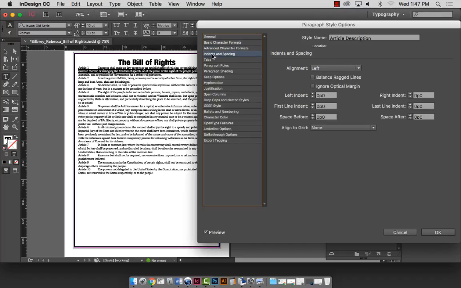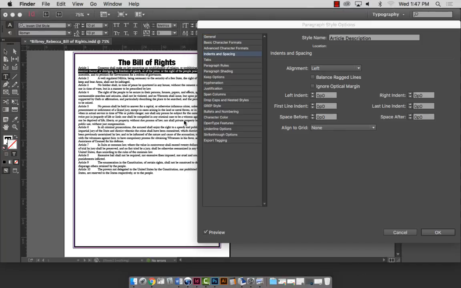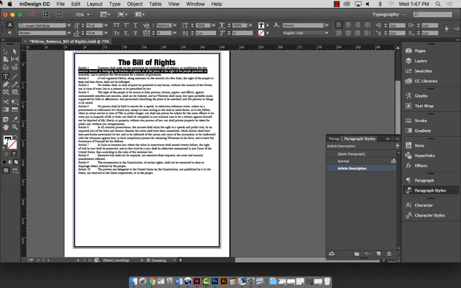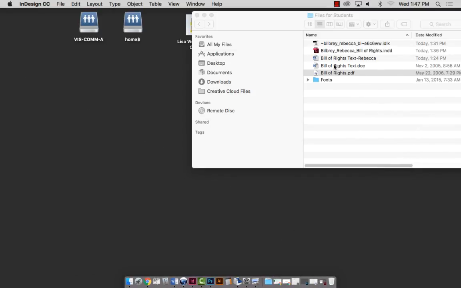Indents and spacing. I might use some of this in a minute. Actually, let's use it now because I want to explain something. In the PDF provided, it had, let me cancel this and bring it up. You don't have to cancel. I'm going to bring up the PDF. In the PDF provided,